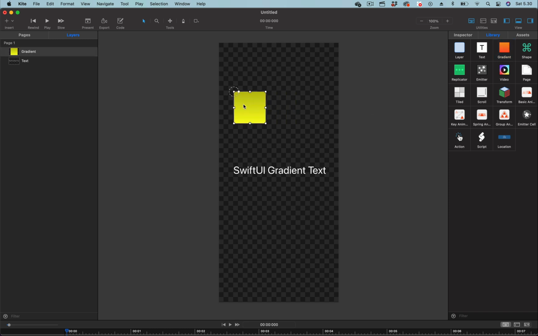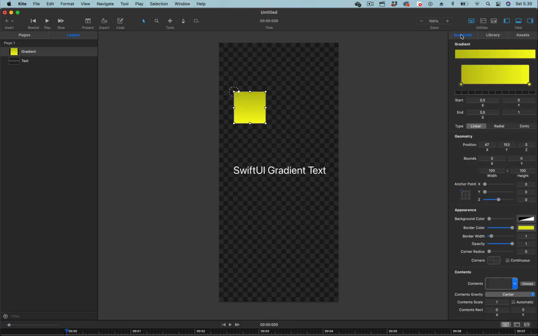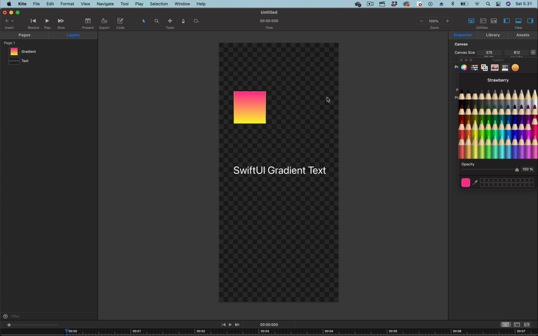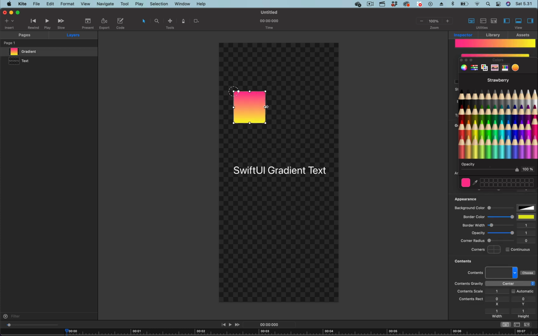You can see the gradient has the same color. So I'll go to the inspector and change one of the gradient stops. Let's double click the one on the left and change it to something like strawberry. Next, I'll select the gradient again and resize it